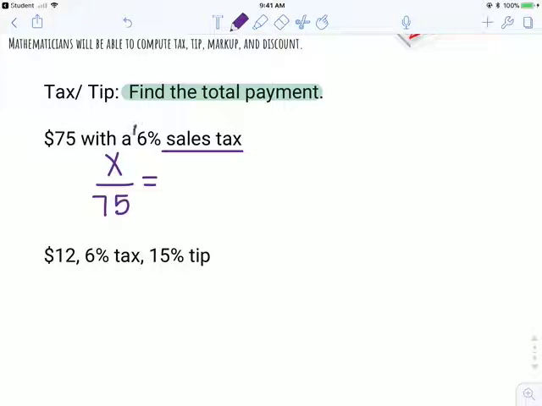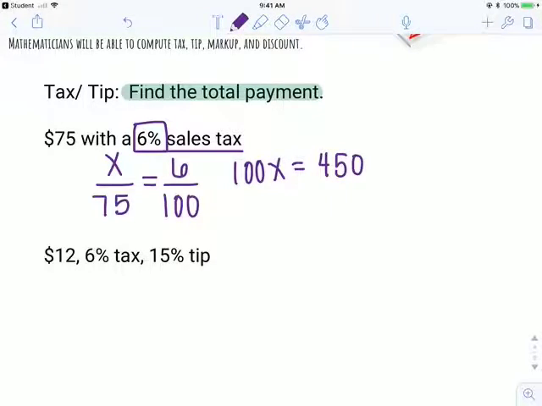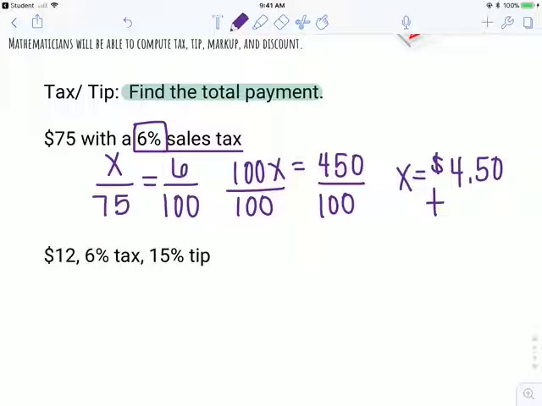And remember, anything that's written as a percent goes on the right-hand side over 100. So I get 100x on my first set of cross multiplication, and I get equals 450 on the right. I divide by 100 on both sides, and 450 divided by 100 tells me that the sales tax is $4.50,